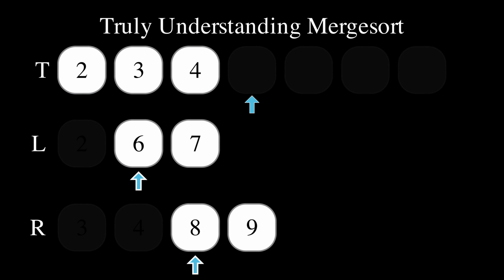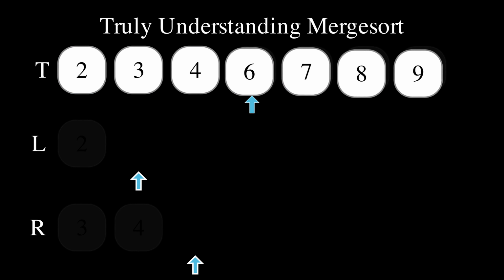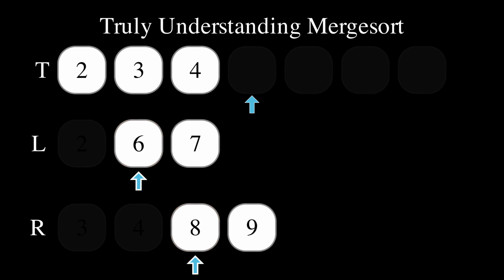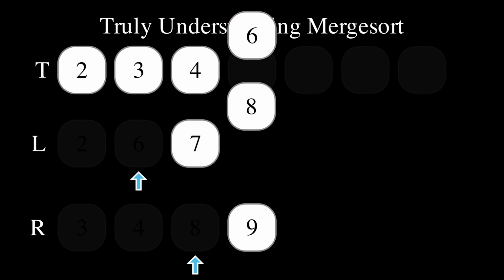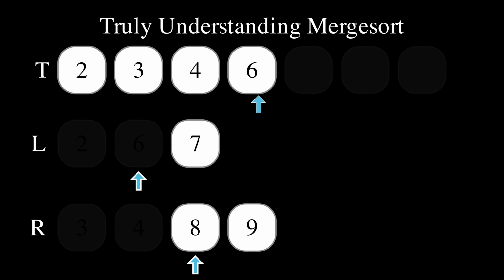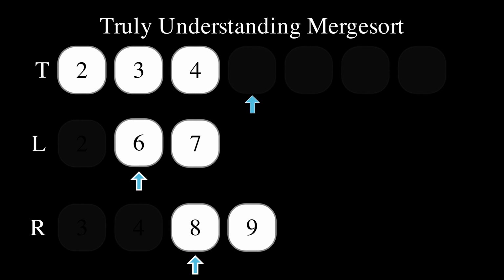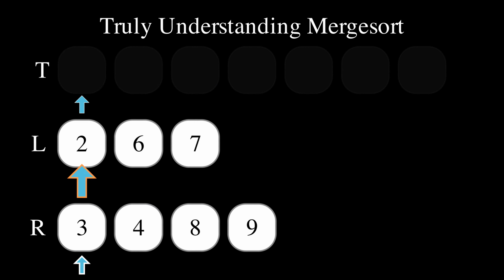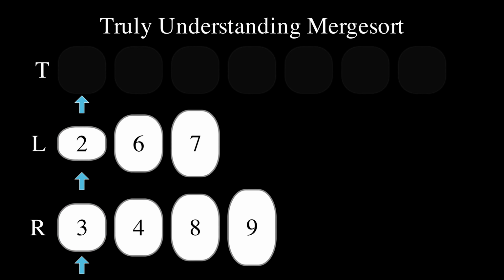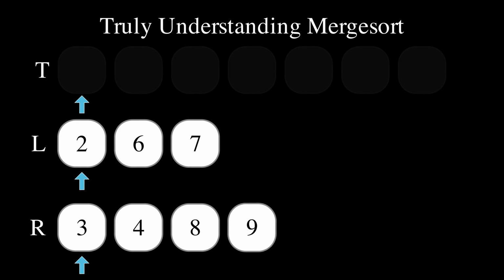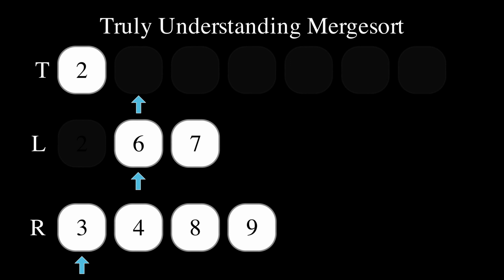What remains to be done is to merge the remaining elements of L and R into the space remaining in T. The current elements in L and R compete for their place in the array T. At each step, the smaller of them wins and is positioned in the next place available, and the pointers are updated accordingly. Initially, all 3 pointers point to the first element into each array. We compare the current elements in L and R. As L and R are sorted, the smallest value overall must be either the first element in L or the first element in R, whichever is smaller. We copy this smaller value into T and update the 2 pointers as needed. We keep going for as long as the pointers into L and R point at valid elements.